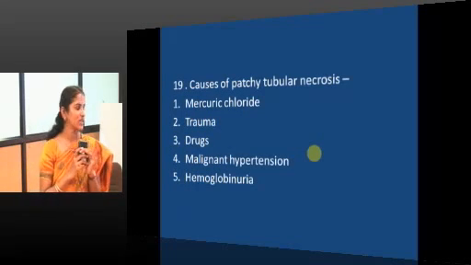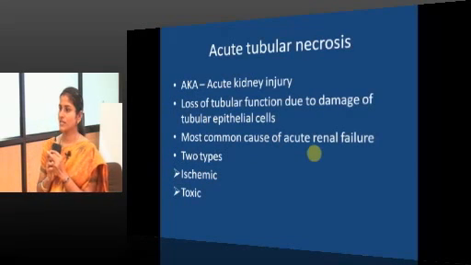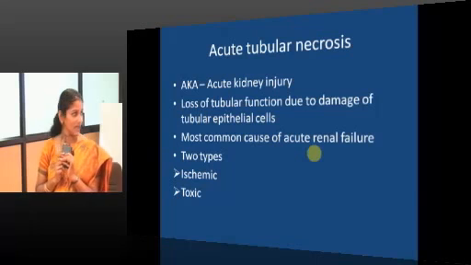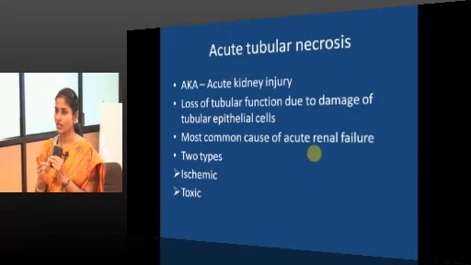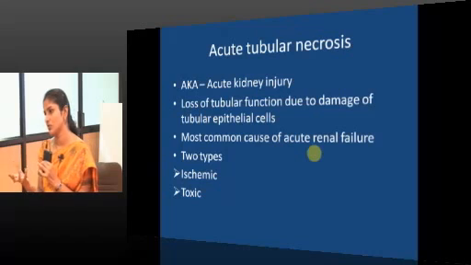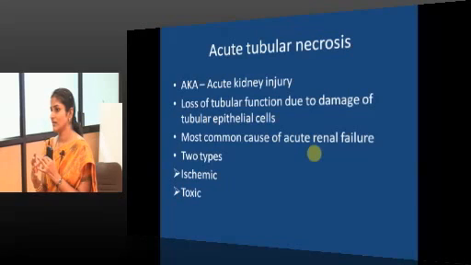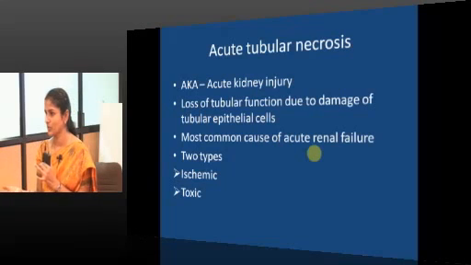Causes of patchy tubular necrosis, we will see. So, tubular necrosis, it is also called as acute tubular injury. It is due to tubules getting damaged with the resultant loss of tubular function. What is the most important function tubules do normally? Reabsorption, concentration. So, when tubules lose a function, what will be the result? Protein, no, there will be loss of concentration of urine. The patient will be having polyuria, right.